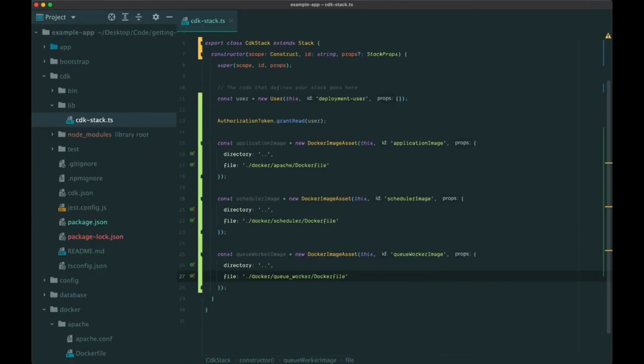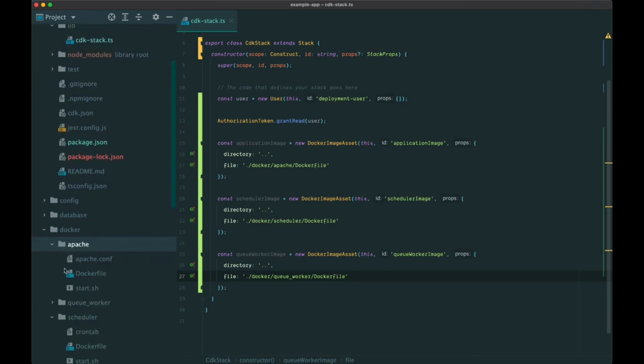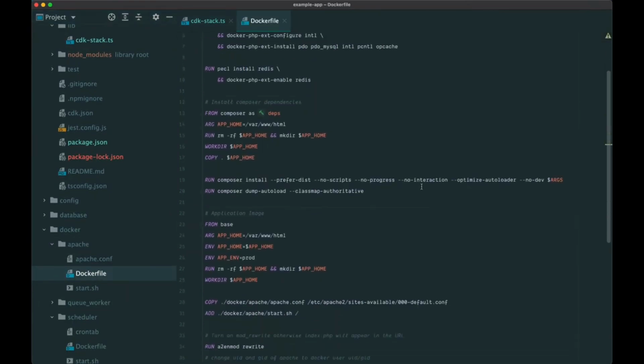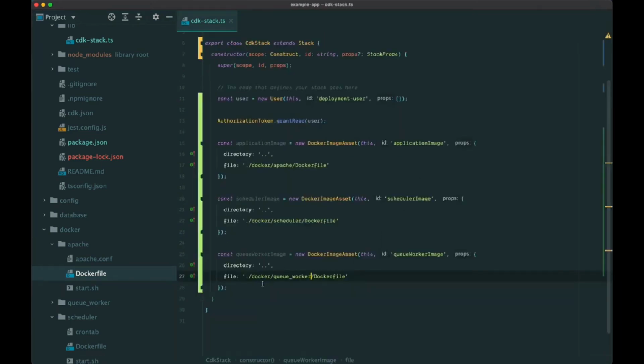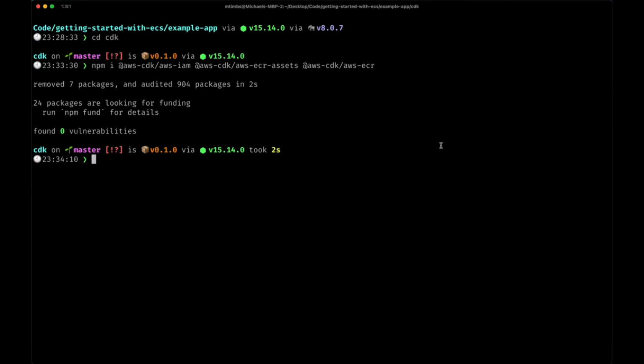Let me just validate that. So we have our Docker, Apache, queue worker, scheduler, cool. So it's basically just going to grab these Dockerfiles. If I grab the main one for the application, and yeah, it's going to build our assets from that. And that's all we need to do for now. So I can run cdk synth here. And cdk synth is basically going to take our CDK code and generate some CloudFormation for us,